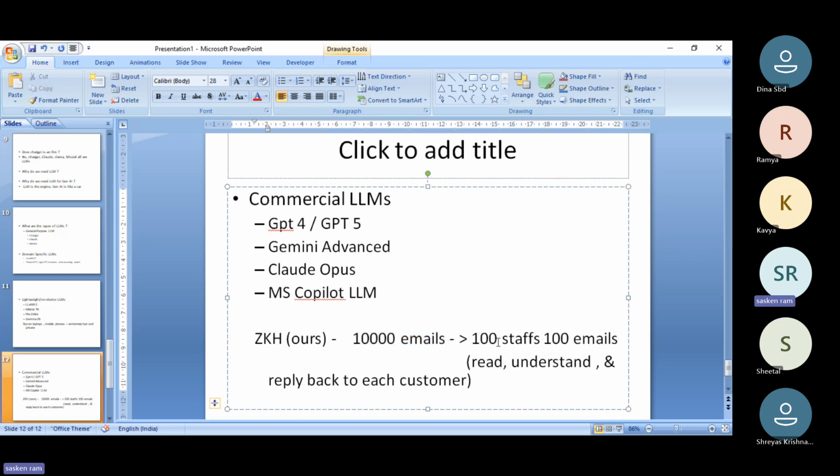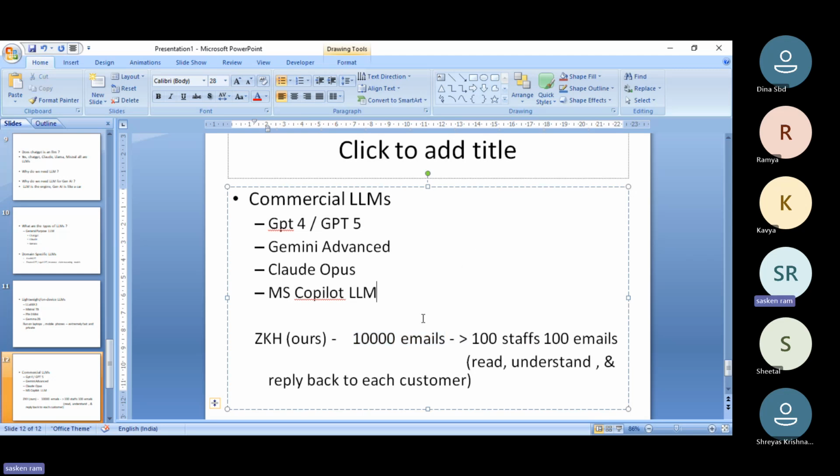So it replaces not only 100 staff, but 10,000, 100,000 staff's job in a matter of a maximum of 30 to 40 minutes. It finishes it off in a matter of 40 minutes, right? Even if you put 100 staff, do you think they can realistically read 100 emails? 100 staff into how much money? You'll have to shell out a lot of salary, bonus, insurance, provident fund. You need to pay a hell of a lot, right? Here, in a matter of a few minutes, everything is done.